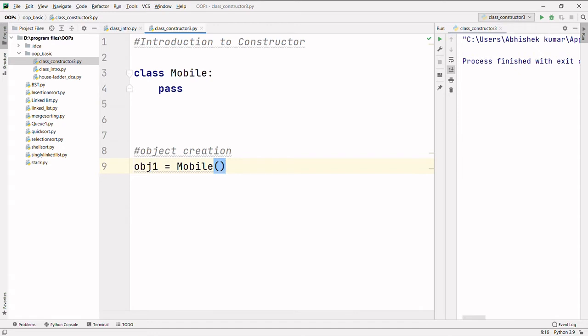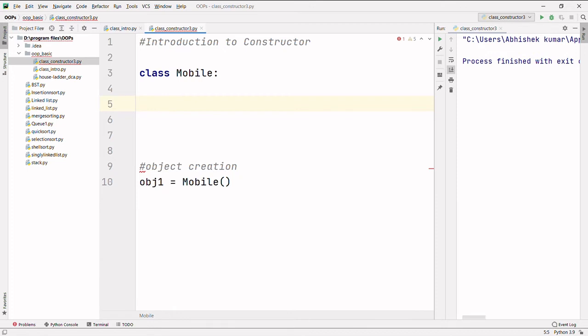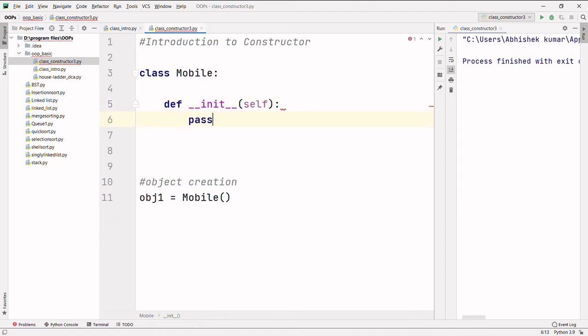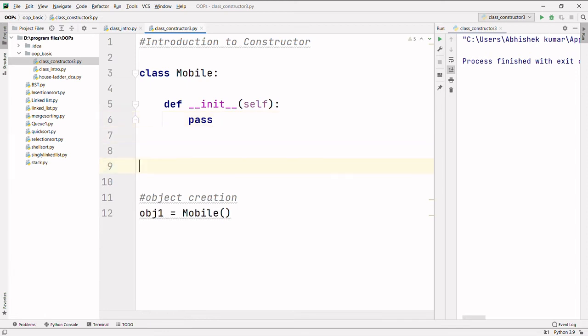which will look inside the class and try to find the initializer method, known as the init method. So now we are going to create that inbuilt method inside the class. The syntax to create it is def, double underscore, init, double underscore, and the parentheses, and inside the parentheses the first parameter will be self. So we have created an object, the constructor gets called internally, and to fulfill that we have defined the initializer method. Now we will pass some arguments inside this method.